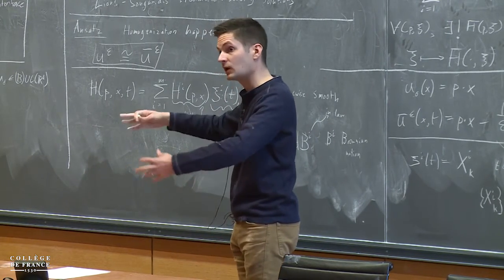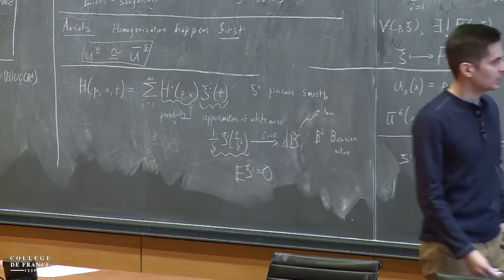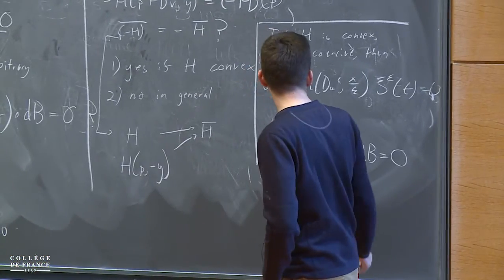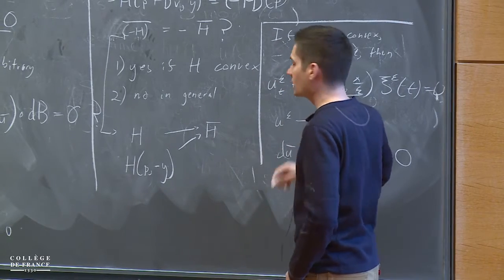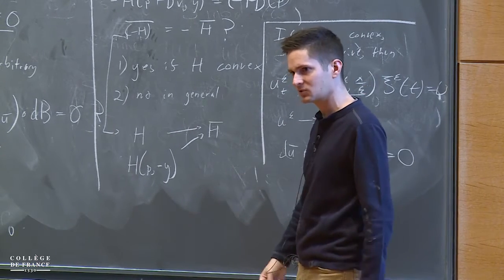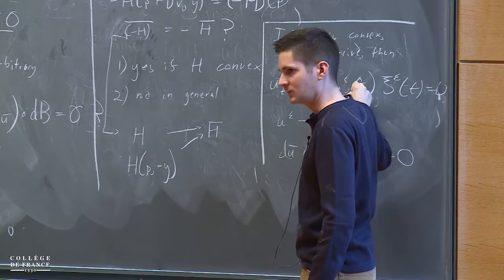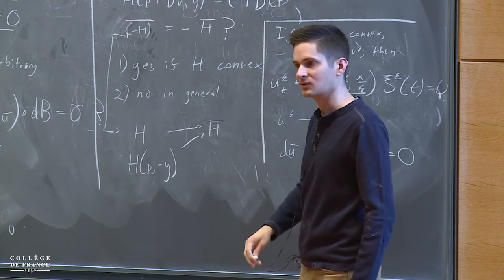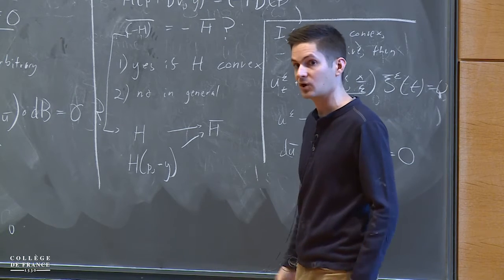But it will happen for any value of gamma. It will happen for any type of approximation of white noise. In fact, I can even weaken my assumptions on the H. I can add more scales in epsilon. I can make it almost periodic. I can make it stationary ergodic. So really, the one path case is much easier to deal with and very particular.